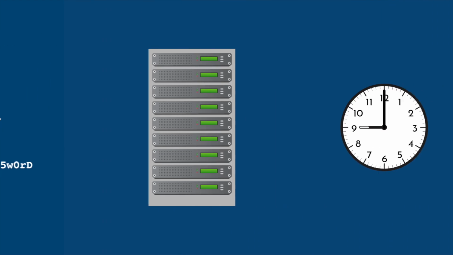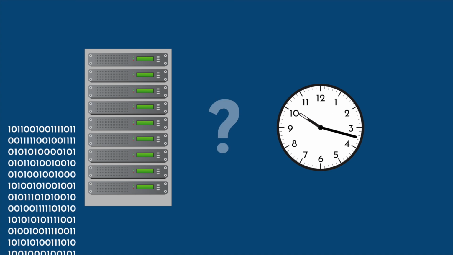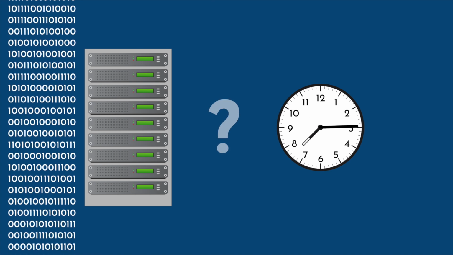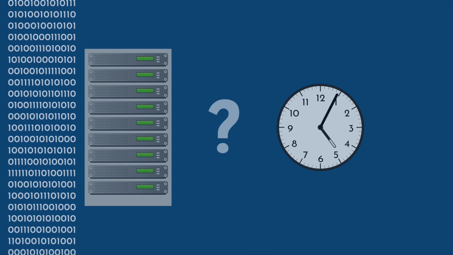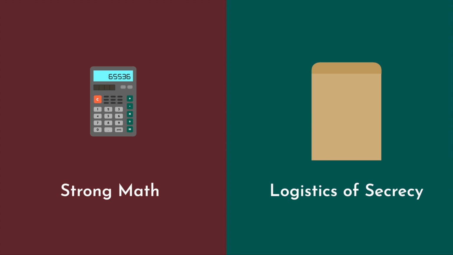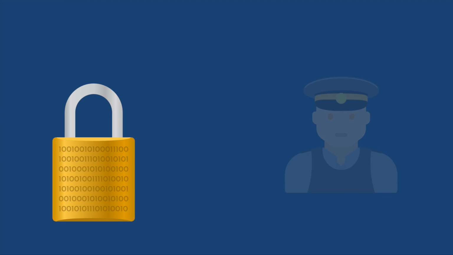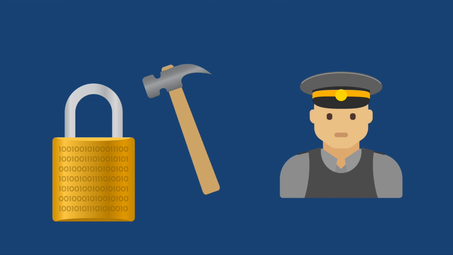In addition to this, the mathematical algorithms used by these keys ensure that even trying to guess the private key by brute force will take a very long time, even with our most powerful computers. So encryption, as we use it, relies on two factors: strong math and the logistics of keeping a private key secret. The effectiveness of encryption has made some law enforcement upset. They feel that they should be able to access anything they want at will or by warrant. But encryption doesn't work this way.